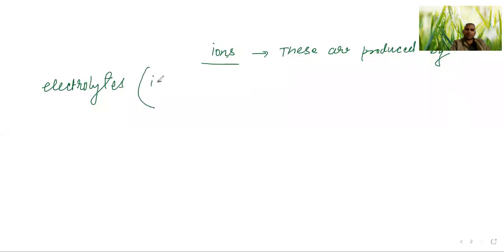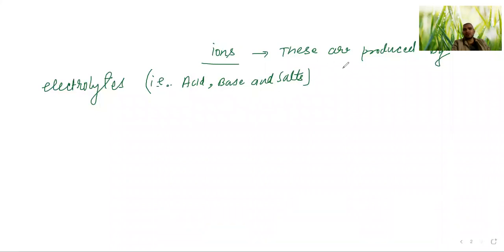Electrolyte is generally in liquid form, right? Like what is in a car battery: you will find the liquid form there. That is the acid electrolyte. Here we are talking about acid, base, and salt. Only these three things are there. Acid, base, and salts are the only electrolytes. There is no other third example of electrolyte.